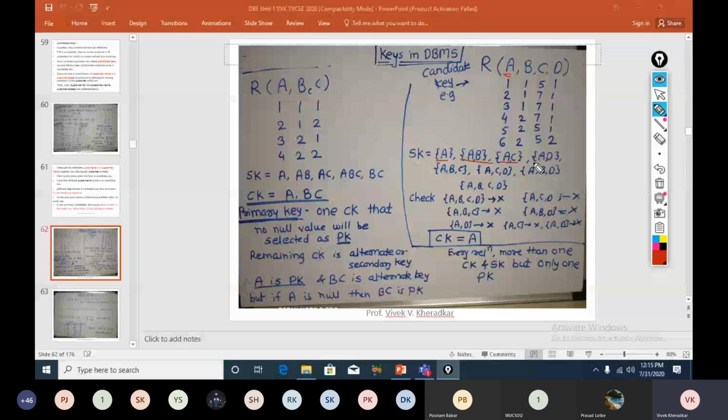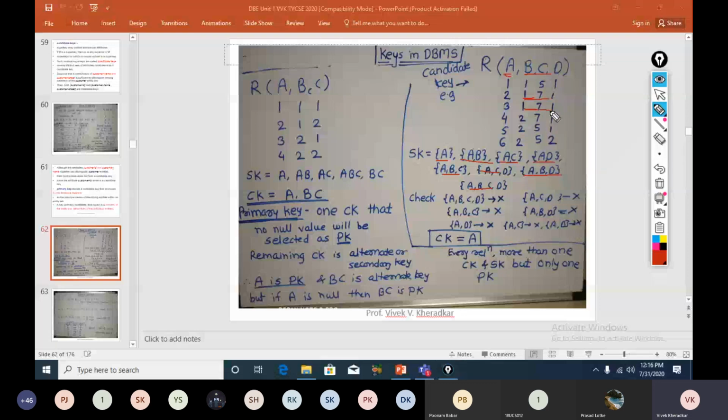Along with A, whichever combination having the attributes are nothing but your super key. Now you try for another combination. Just try for BC. Whether BC is the super key? No, it's repeated value 17, right? Whether CD is the super key? No, it's repeated 71. If I try with BCD, again 171 is repeated. So it is not a super key.